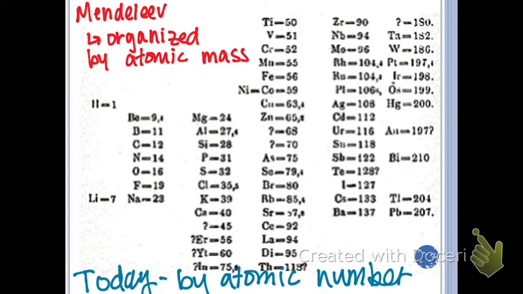It shows us valence electron patterns. Elements that are near each other on the periodic table behave similarly, right? Not exactly the same, but similarly. They have a lot of the same characteristics in terms of melting point, boiling point, all that kind of stuff. The way the periodic table is organized is pretty crazy, because it tells us a lot of information about an element just from its spot on the periodic table.